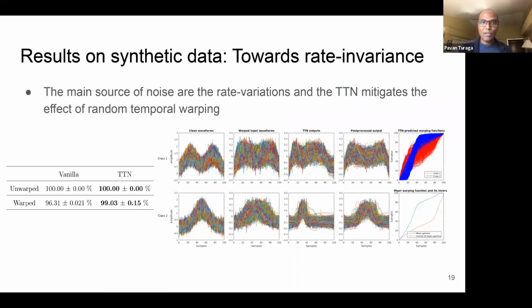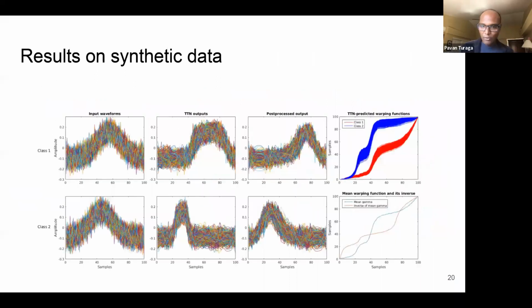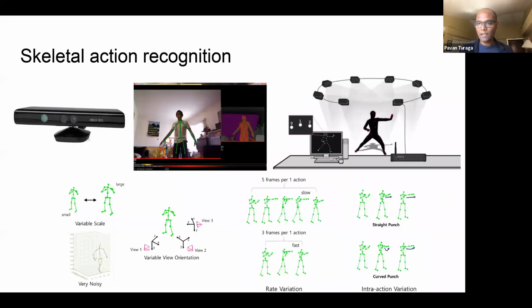Does it actually work on real data? We have more synthetic results like this, but we're running out of time. So I want to spend a little bit of time talking about the examples in real data sets that we have applied this to. Of course, the first application for time series and time warping is activity recognition. And we have been doing this in different ways for many years. So we revisited that problem. We are looking at motion capture data acquired from either a full-blown rig like this or a Kinect sensor.